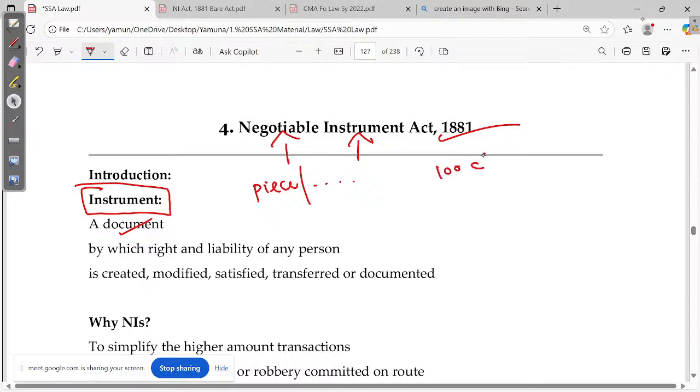நான் வந்து ஒரு 100 shares ஆர்டர் பண்ணேன் மேம். அந்த 100 shares வந்து பேமெண்ட் எல்லாம் பண்ணிட்டு, I have that bill with me. If I produce that bill, he will be delivering the 100 shares to me. That's what we call an instrument.